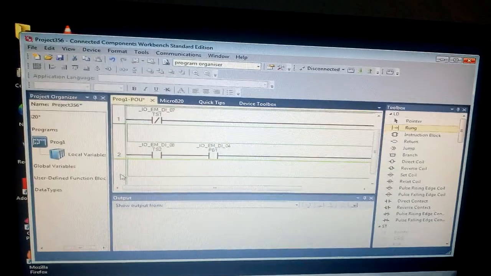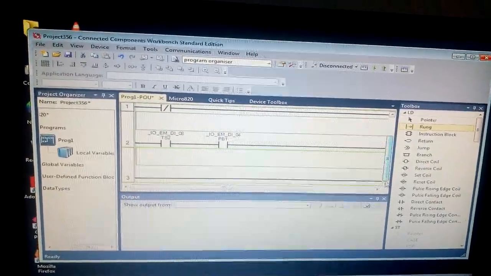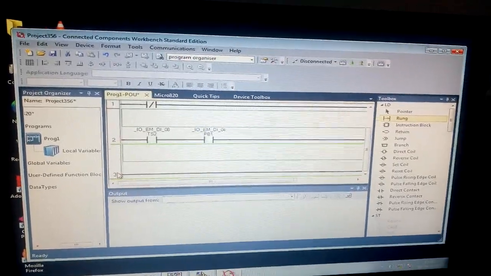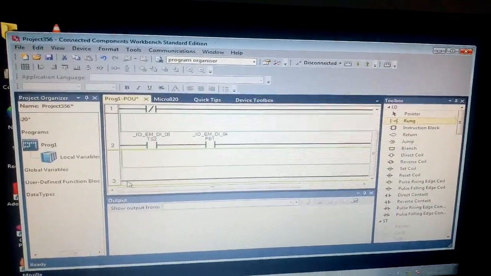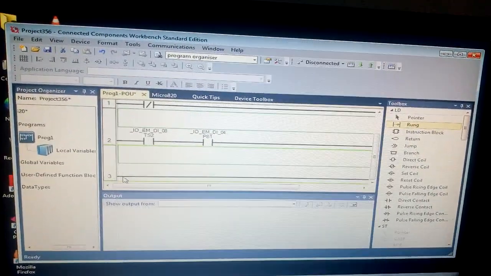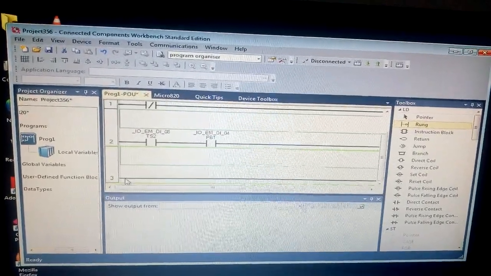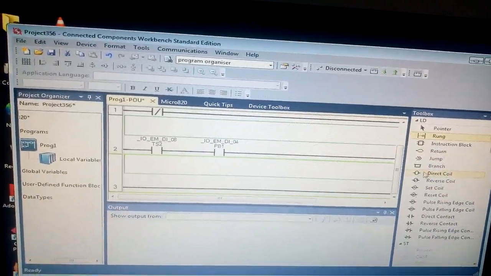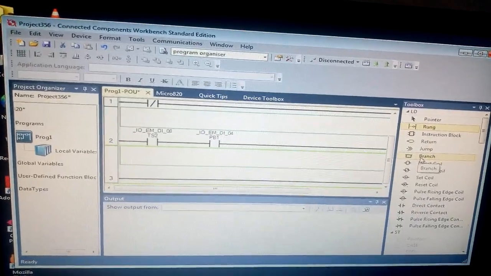So for this third one is obtained. For OR I require 2 switches in parallel. If one path is not available, I can go in one more path. That is why we call it OR. So for that purpose we are going to use OR to get the one more branch.